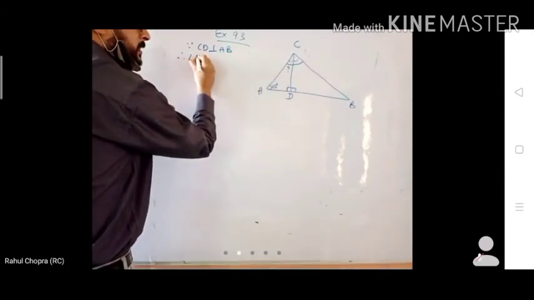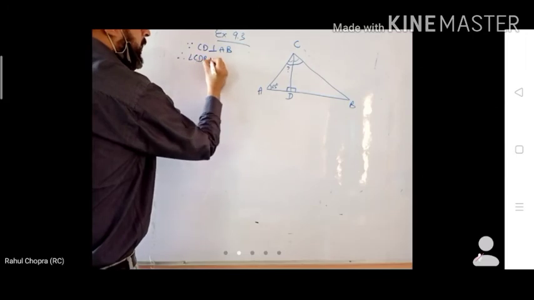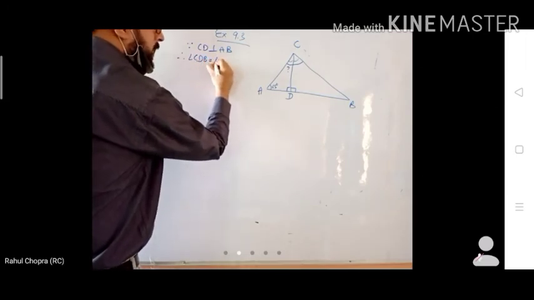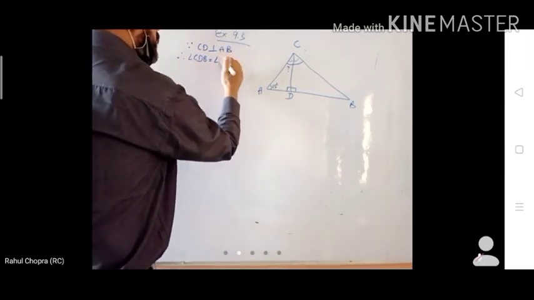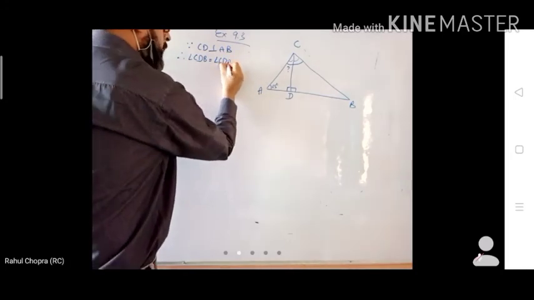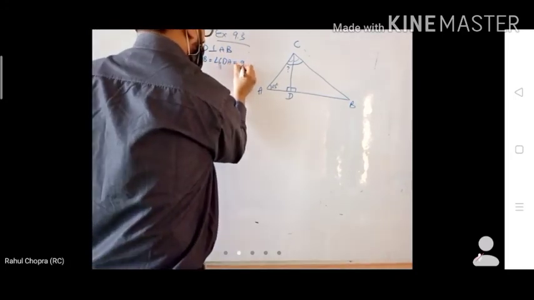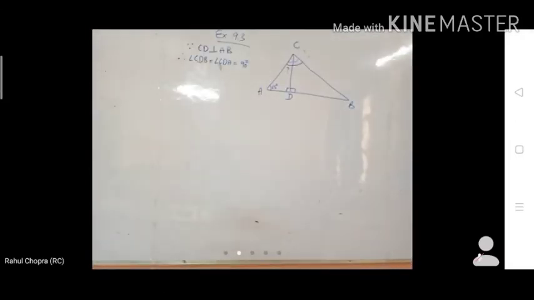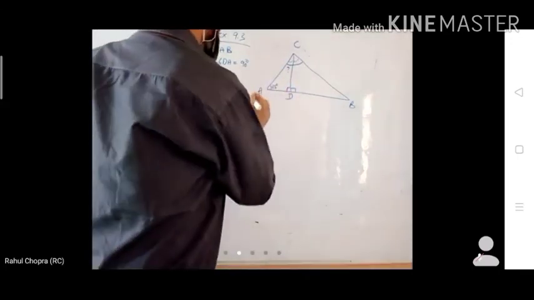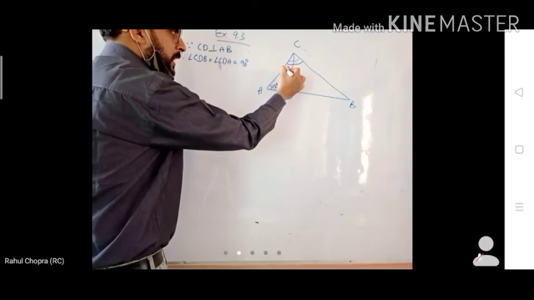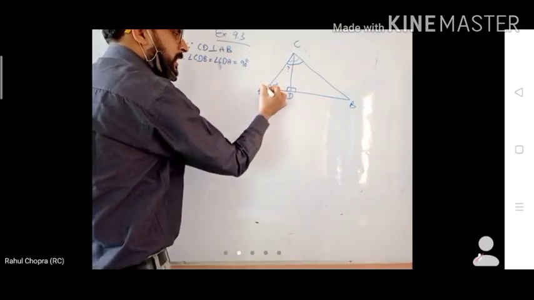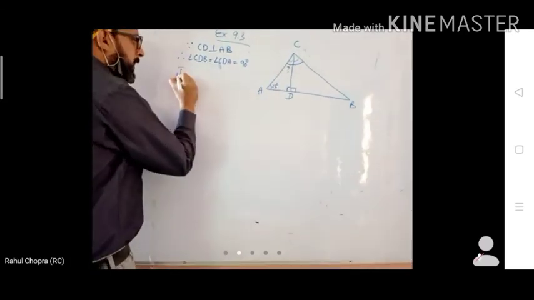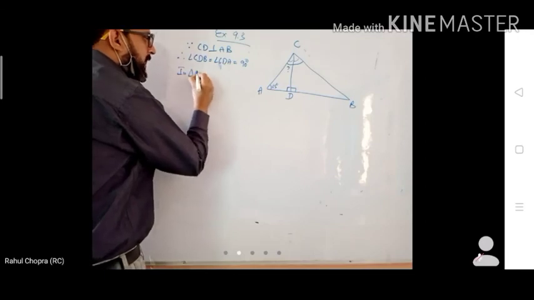Therefore, angle CDB is equal to angle CDA is equal to 90 degrees. Is it okay? Now you have to find this angle. So we'll take triangle ACD. In triangle ACD,